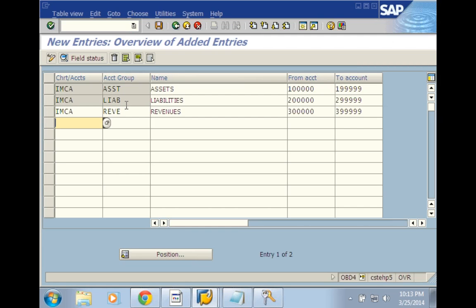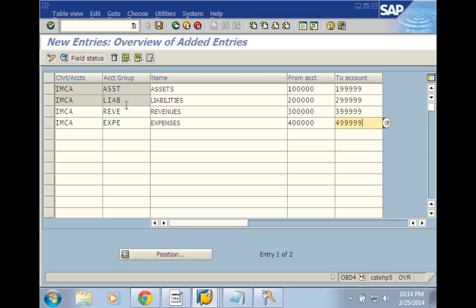Imran, bank loan from bank, can you give me the number please? So it's a loan liability, which series will come? 200 to 299. Exactly, any number between 200,000 and 299,999. Clear? You should remember this and follow this one only because it is international reporting style. Okay, expenses. I will give here 400,000 to